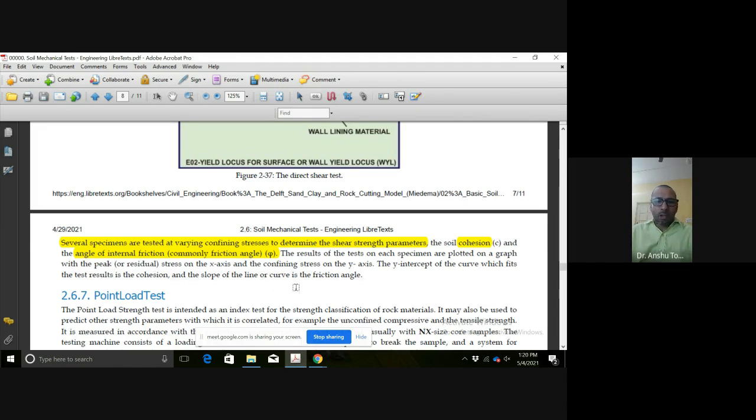These three values, N, C and phi, give us most of the values in the geotechnical domain, that is, geotechnical engineering parameters. Whether it is bearing capacity or whether it is shearing resistance, when we put N, C, and phi, we can get many geotechnical engineering parameters.